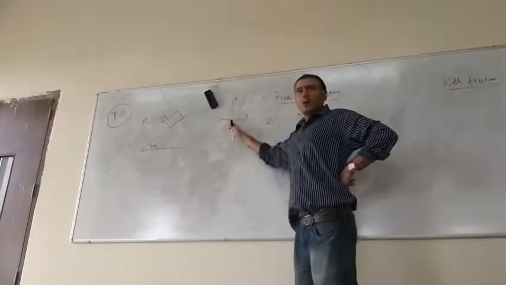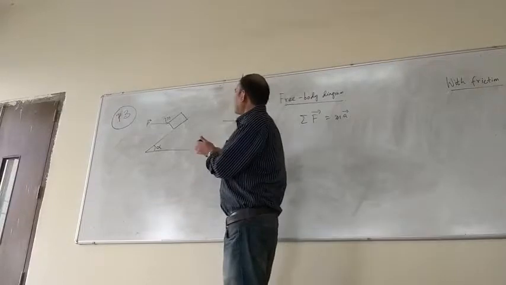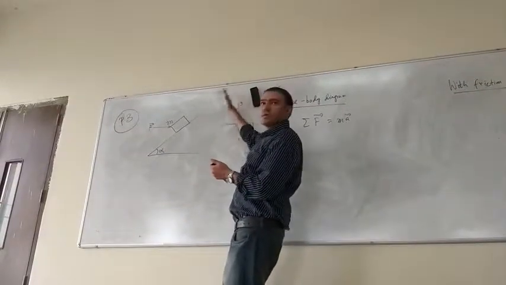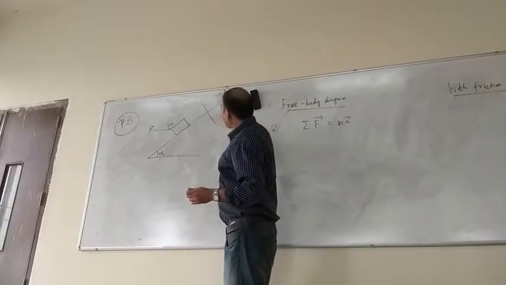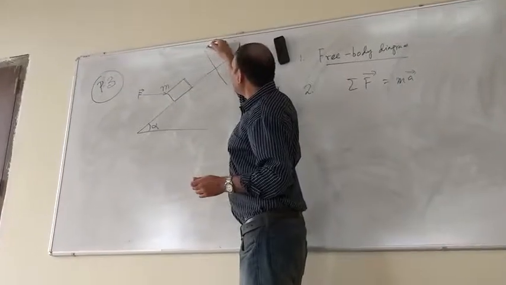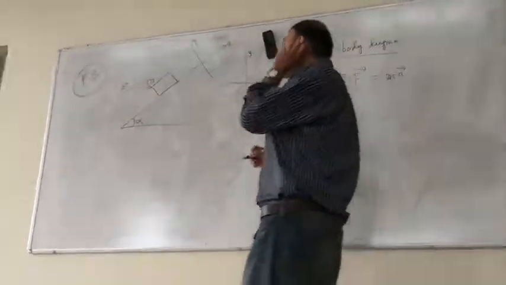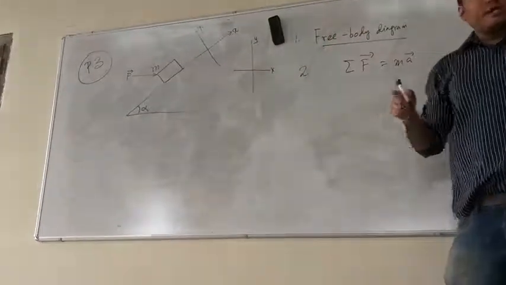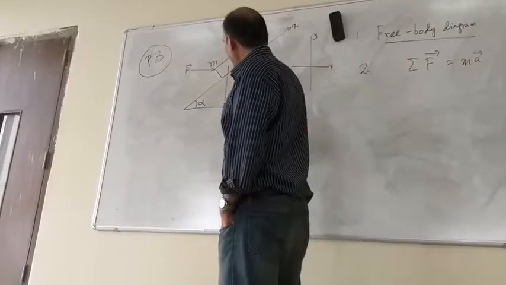So likewise, if you choose just the vertical ones or the ones which are inclined like this, all you've done is you've just rotated the coordinate system. So now my x-axis would be along the incline and my y-axis would be perpendicular to the incline. Okay, so now let's draw the free body diagram of the block. The first one obviously is